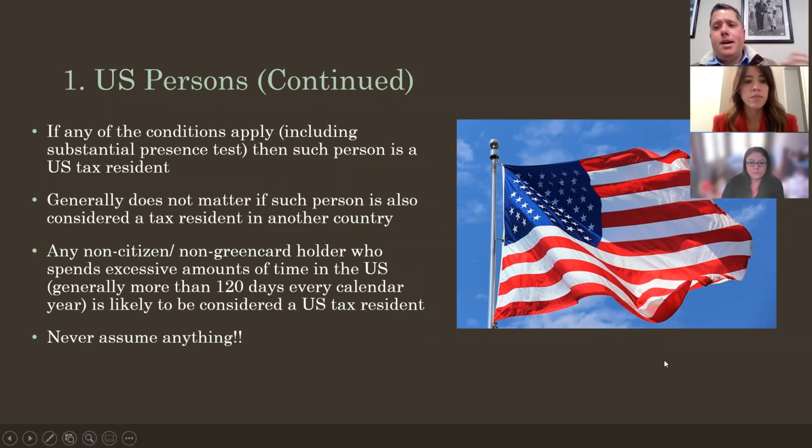Important thing as well is you may get clients, and we get this all the time, your foreign clients. You might just raise the issue of like, oh, you're spending a lot of time here. Maybe you should talk to an attorney. Obviously, you guys aren't expected to know all this stuff. It's just to be able to see the red flags so that you could help your clients, right? You can show them that you know more than just the very, very basics of what's needed for a deal.